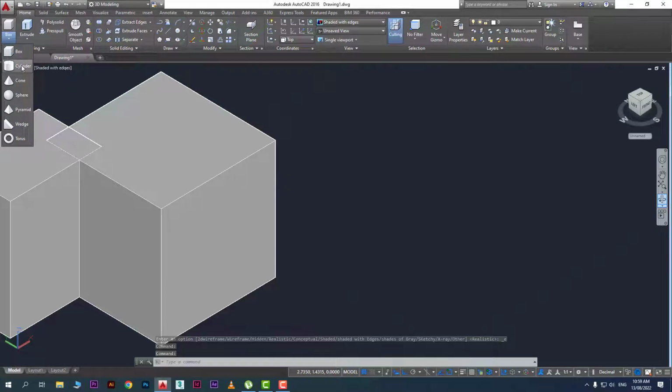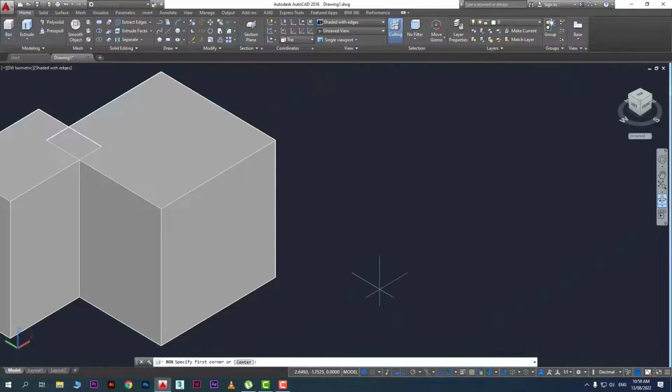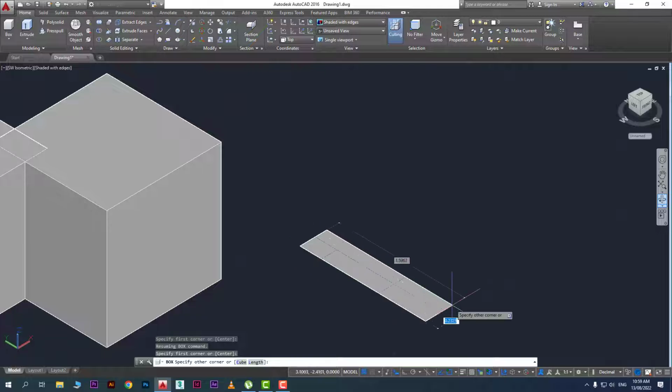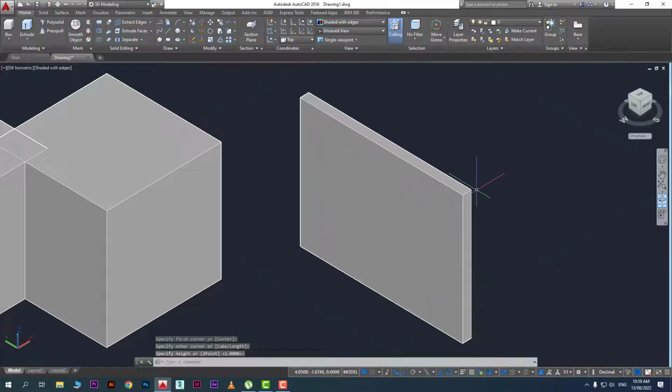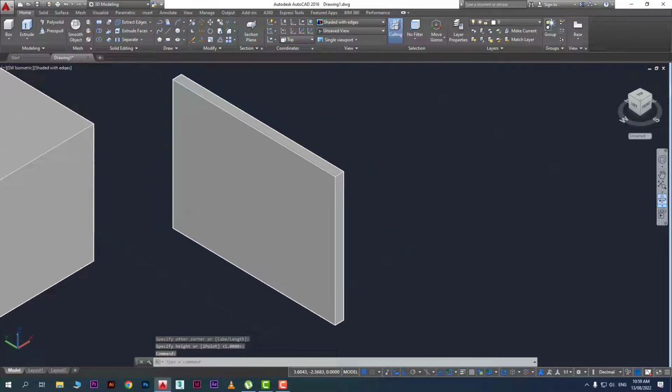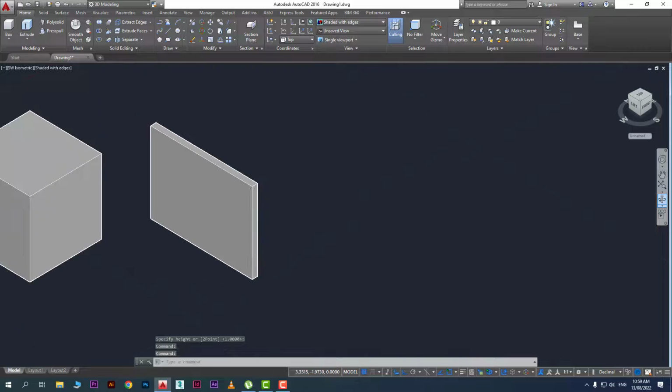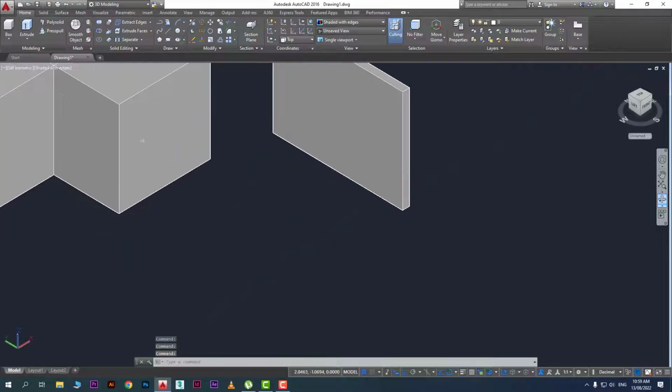Next we have cylinder. One more method we have here. Box we will use a lot, even to draw walls as well. So you can just specify. I will show you how we can convert 2D objects into 3D also. Now you can see this kind of wall we can draw also. All right. So next object, we have